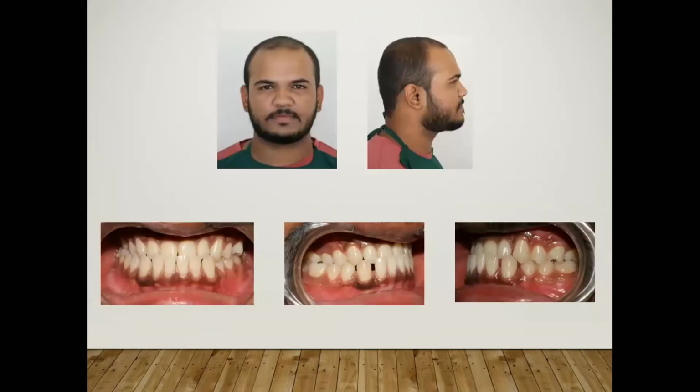So this is an example for a pseudo class 3 malocclusion, where you will have a skeletal class 1 pattern and an orthognathic profile and a class 1 molar relationship. So this could be due to the disturbance in the